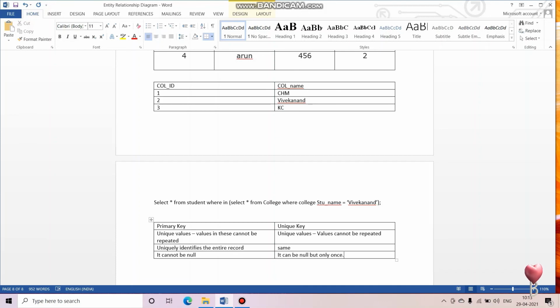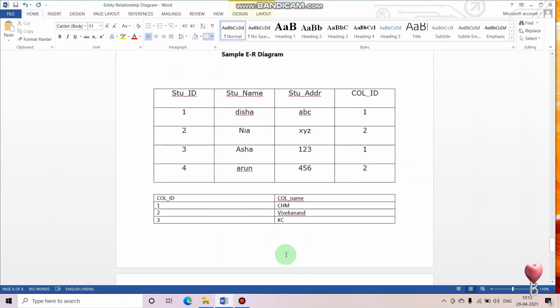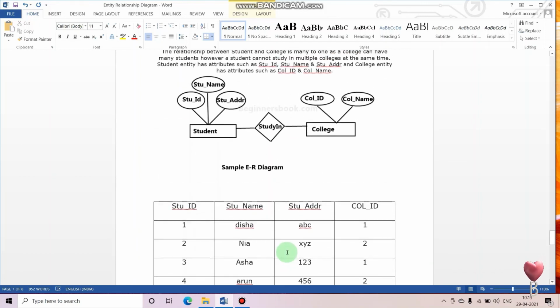Because the value should not be repeated, even if I have given a null value once in unique, it will still be unique, because I am giving null just once. Hope you are getting me. Only this difference is there between the unique and primary key. So you should not get confused. Hope you got the entire explanation.